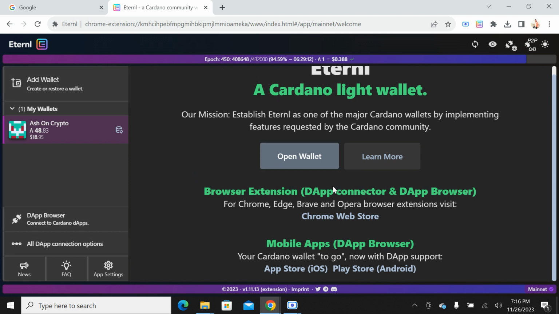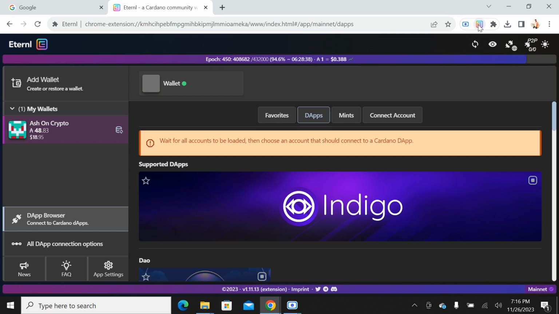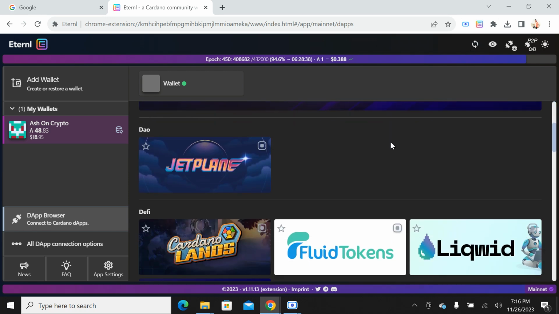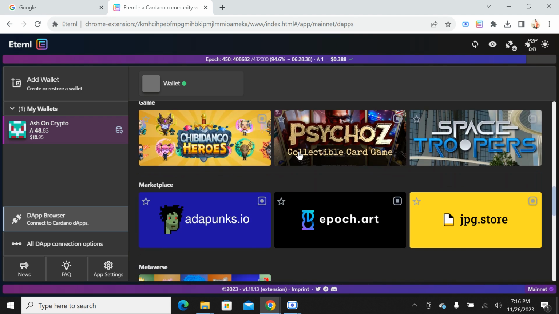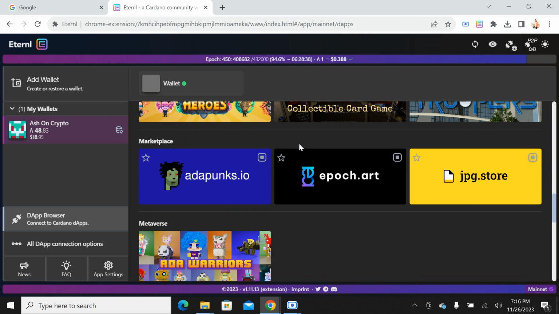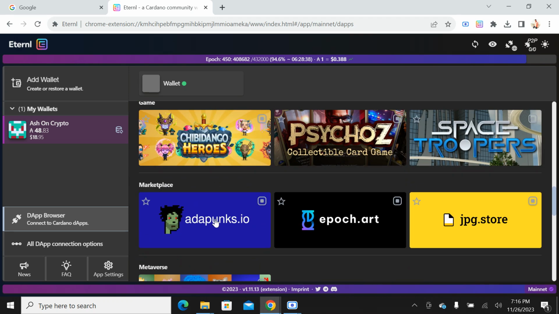So once you are here on the wallet, all you have to do is go to the dApp browser. So basically, this wallet is a Chrome extension. You can go ahead and download it from the Chrome store and add it over here on the top right, and simply go down. And as you can see, they have a lot of options over here with regards to decentralized apps. So let's take an example of adapunks.io over here,